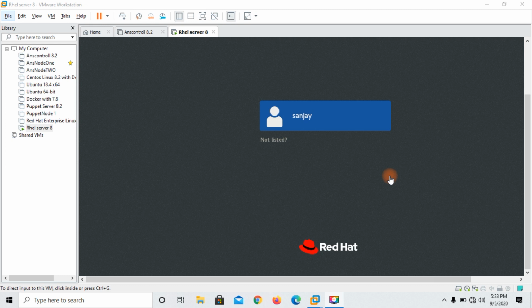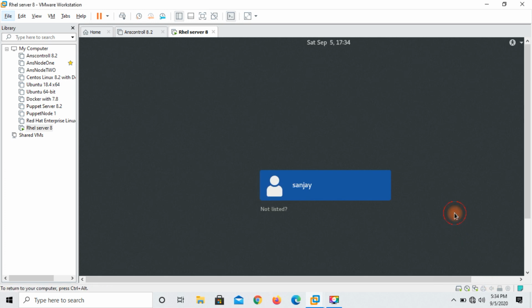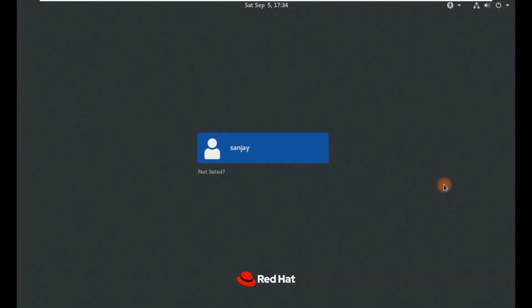We have another option. Then you should have an out-of-band management IP, which is called iLO, iDRAC, or IMM. I have physical access to my server, so let's get started. Let me make my server screen full screen.